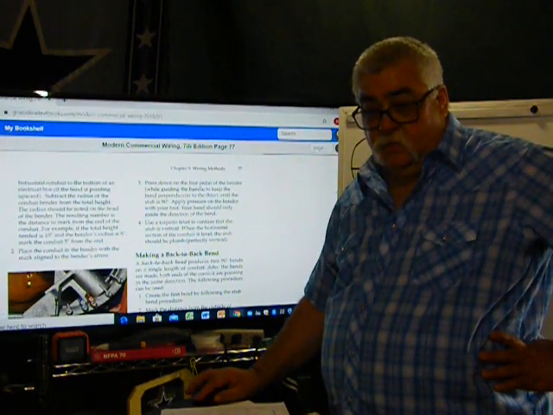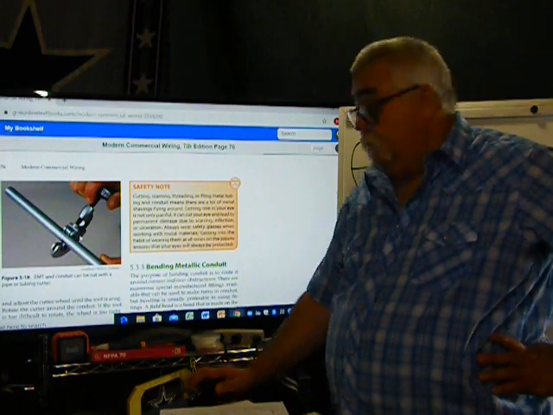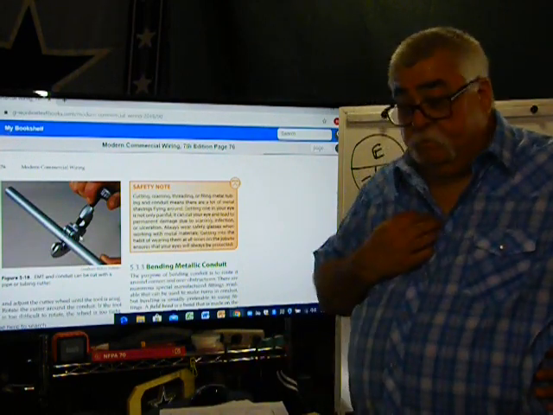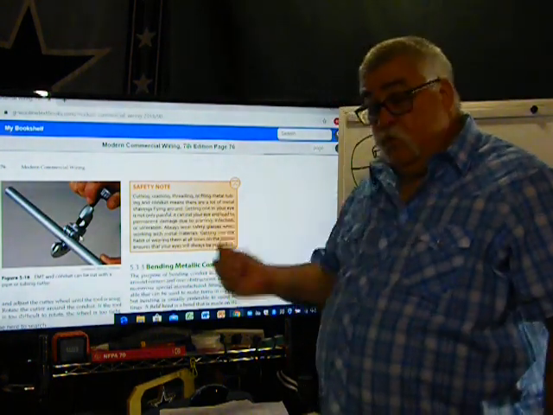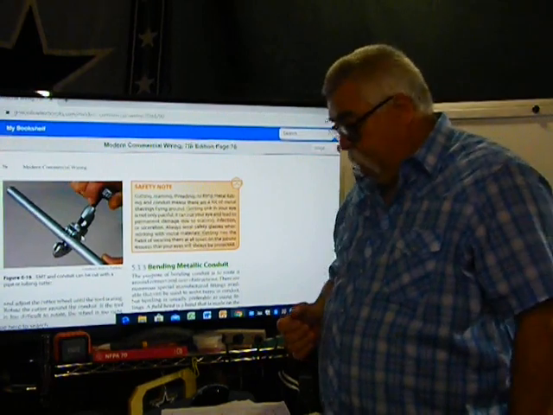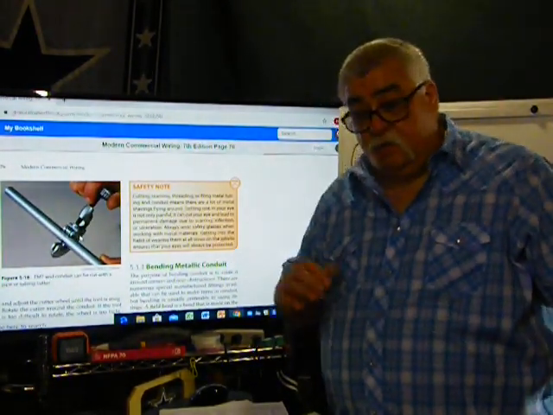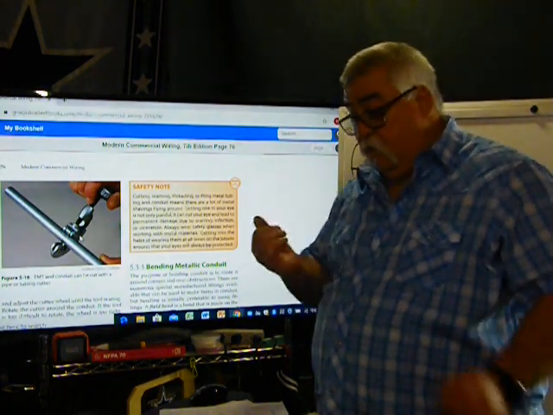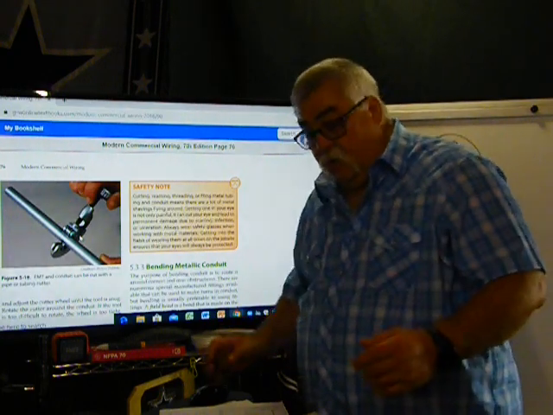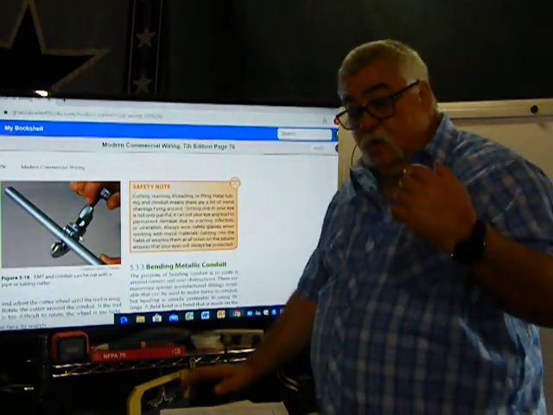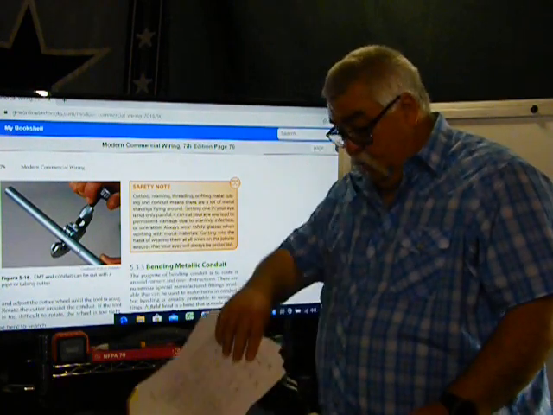Okay, one of the things, and I know I mentioned it then, I do not recommend using these personally. They do leave a sharp edge to the inside when you cut them. If you do use one, make sure you ream it out good. Last thing you want is an inspector to stick his finger in to check to see if the conduits are reamed properly, and he cuts himself. Guess what? He's going to turn the whole job down. I saw it happen. Didn't happen to the job I was on. It was a job that somebody else did. I mean, they had other problems there, but